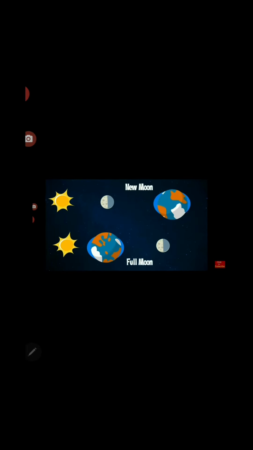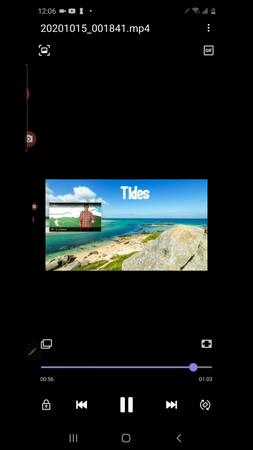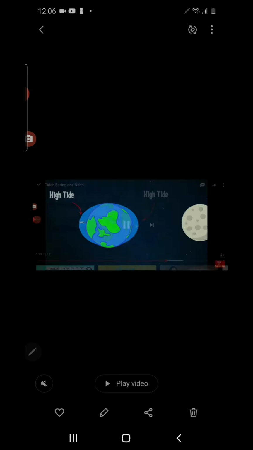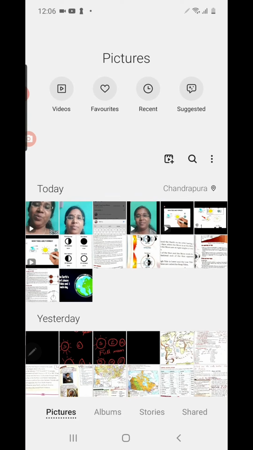So you see, this is a new moon day and this is a full moon day. On both days, these 3 heavenly bodies come into a straight line, so maximum combined gravitational force, maximum tidal range. Now you see tidal range is minimized. Why? Because of the less gravitational force of the moon. Spring tide has maximum gravitational force of the moon, and neap tide has minimum gravitational force of the moon, so minimum tidal range. Clear? I hope this point is very clear to you all. Now we go through the lesson here.